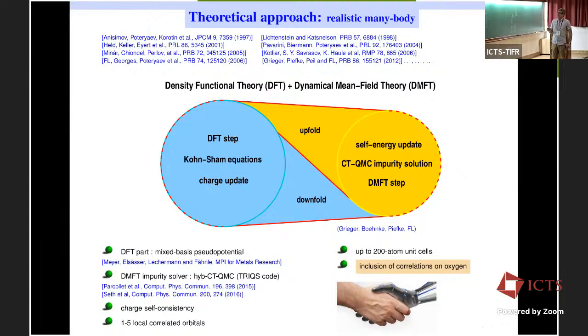Important, what we do here, in addition to the standard DFT plus DMFT scheme, is an inclusion of correlations on oxygen, because I just said that for these nickelates, we're in the regime of a charge transfer energy at the end of the row, which is still competing with Mott-Hubbard physics. So we believe, for several reasons that we can also discuss afterwards if interested, that correlations on oxygen are relevant. And we have seen this in other compounds like nickel oxide, rock salt. So we do this not with DMFT, but with some static-like scheme, not with DFT plus U, but with some self-interaction correction. We take out the nominal self-interaction that you get from DFT,